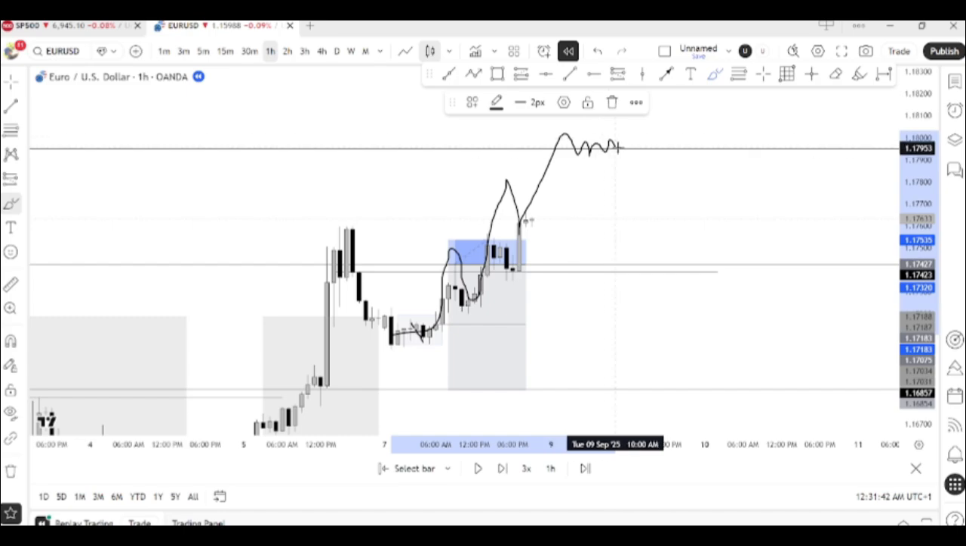Wednesday can maybe arrange. Thursday will do something like this. Sweep liquidity above here, and there will be liquidity here. Friday will come for this one. So